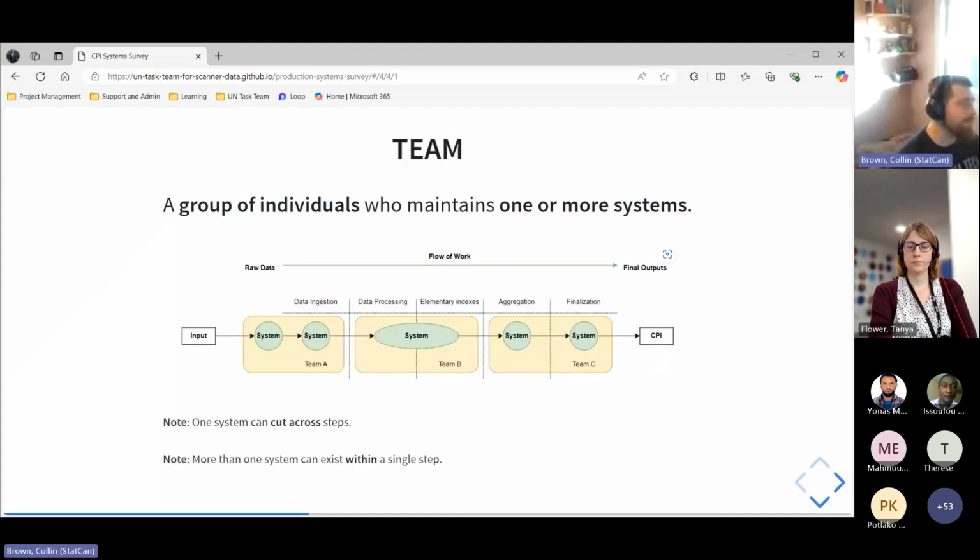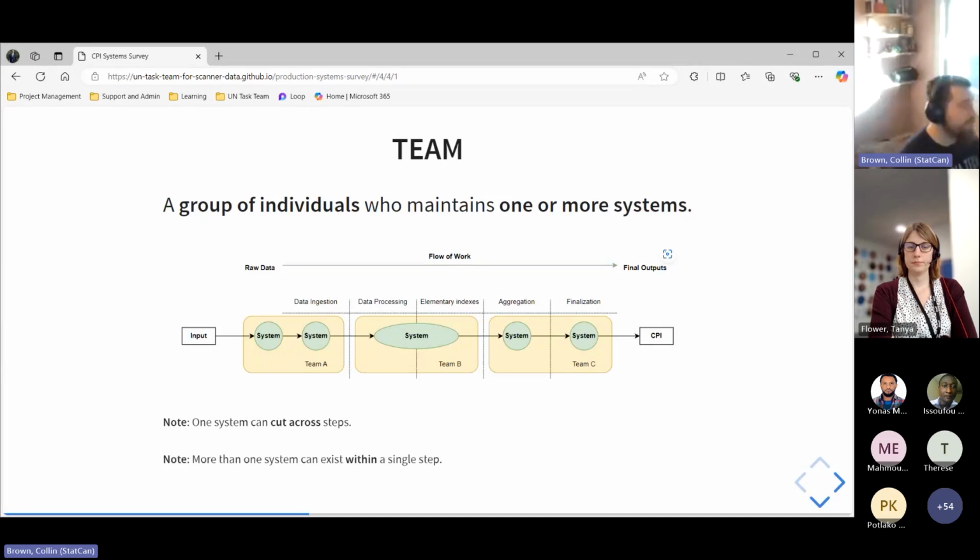Another thing that can happen is you can have more than one system in a GSBPM category. This is what's shown in the diagram here. Maybe there's a first system that passes some data to a second system, and then the output of the second system is what gets ingested and used for processing. A concrete example would be maybe one analyst has an R script, another analyst has a Python script. The R script does some of the ingestion work and then passes an intermediate file, and then the Python script does the rest of the work and writes a file somewhere where processing can then happen.